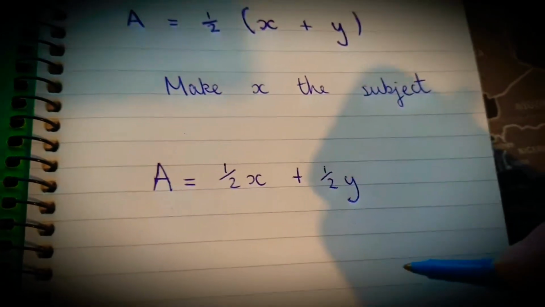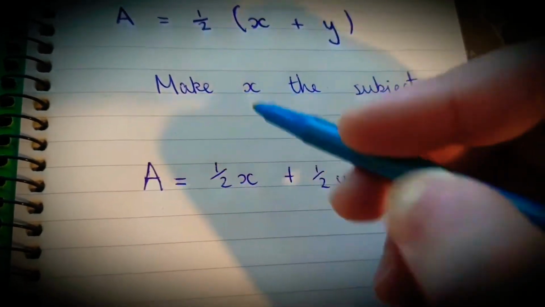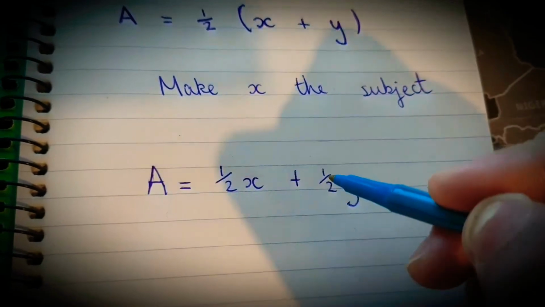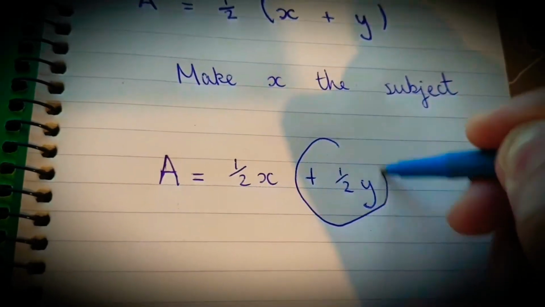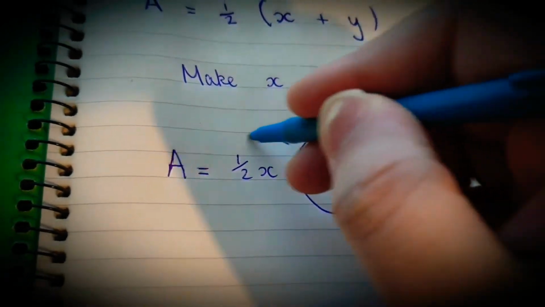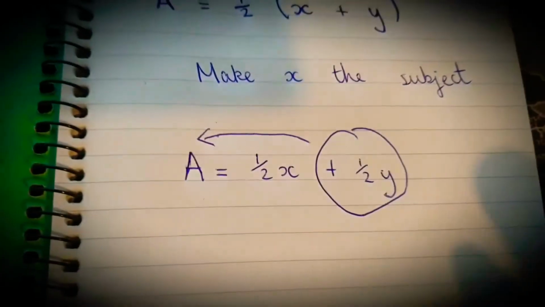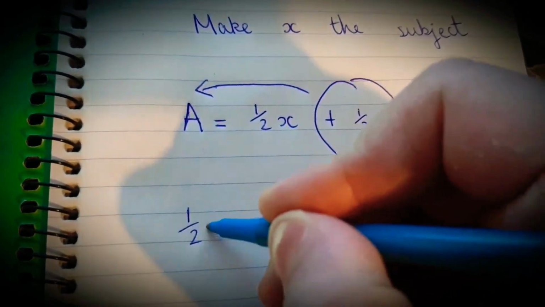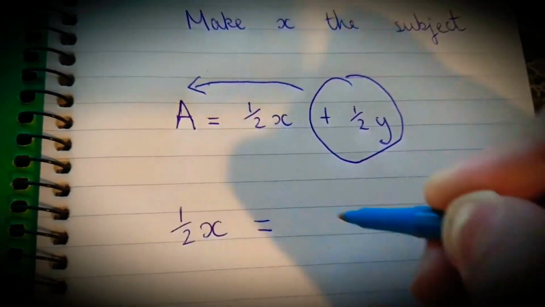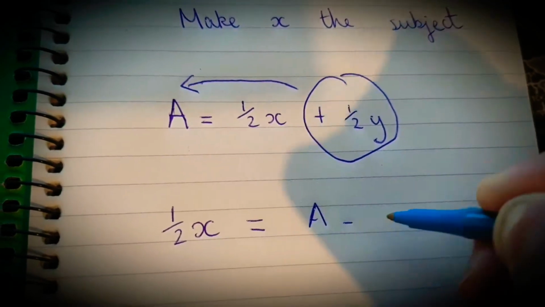Okay, and then after that you want to make x the subject, so you want the x to be on one side and everything else to be on the other side. So this thing here needs to go to the other side, okay, so the x can stay on one side. So then what you'll have is half x equals a minus half y,